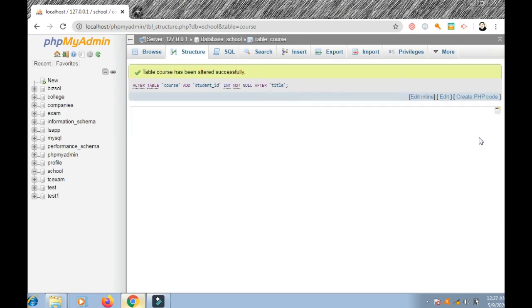The student has been, you see that SQL statement, alter table course, add student ID, integer not null after title. So this is the SQL. You can save it to use it in some scripting language. Okay.